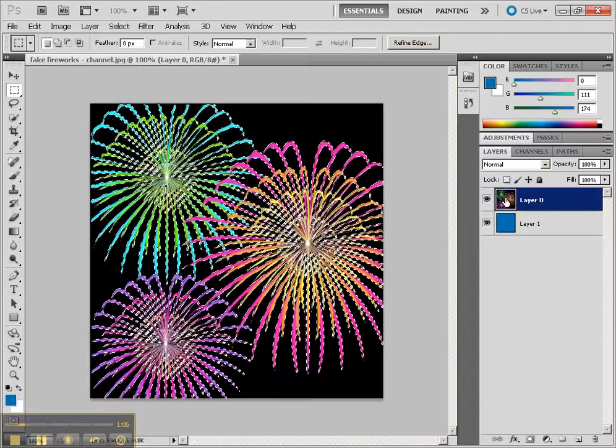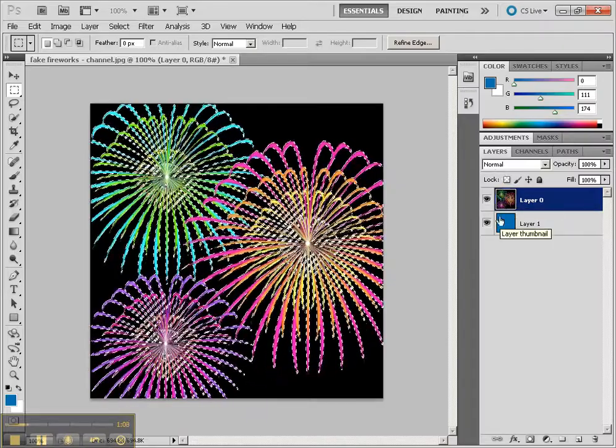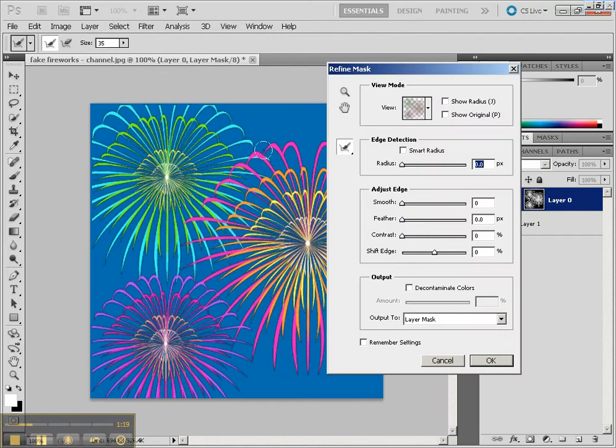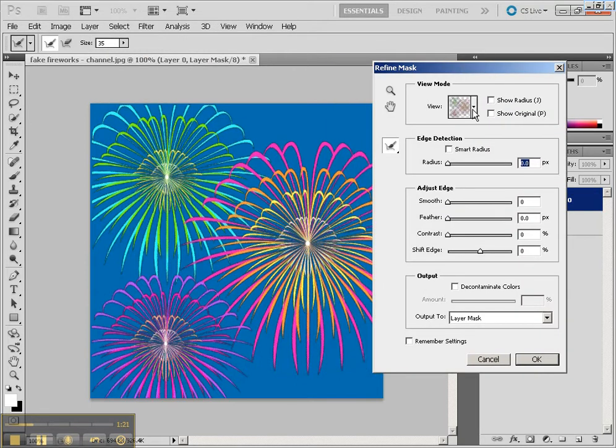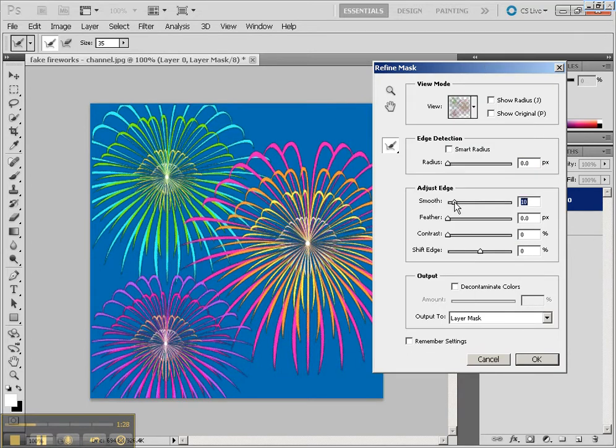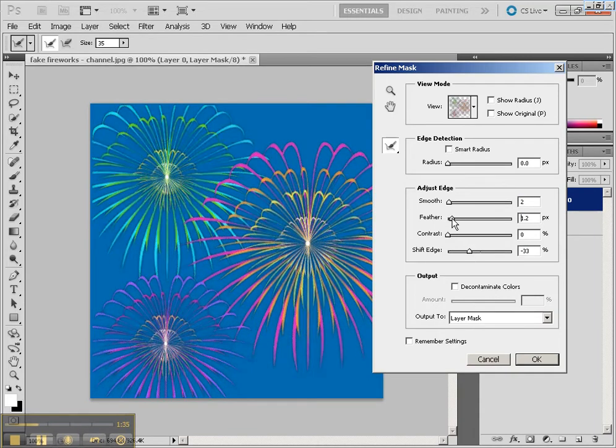Now with the original layer selected in the Layers panel, let's click on the Quick Mask, and I created a mask for that layer. Now I can go with that mask selected, I can go back to Select and refine that mask just a little bit. So right now we can see that we're seeing the view on layers, which is kind of nice. We can see the end results, and we can click on Smooth a little bit, or maybe shift that edge back a little bit, maybe feather the edge just a tiny bit,